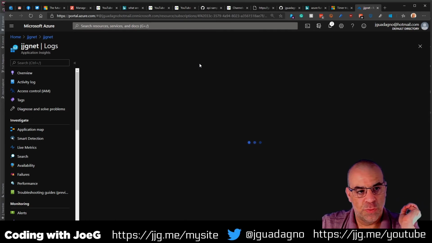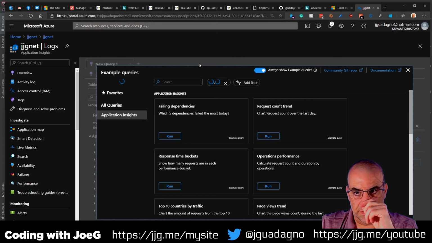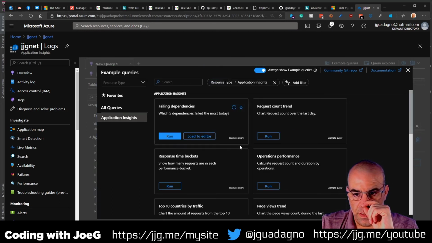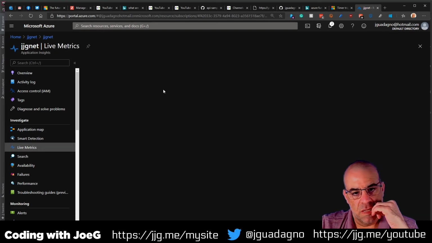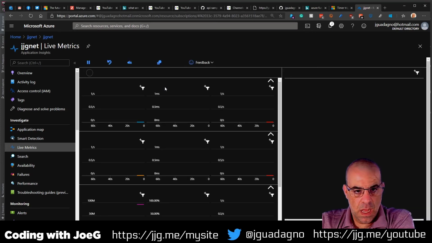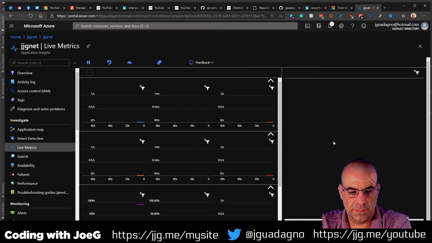Next thing is to improve the logging, see what's happening, instead of just going with this. I wanted live metrics. That'll give me the countdown. Just what I want to focus on.